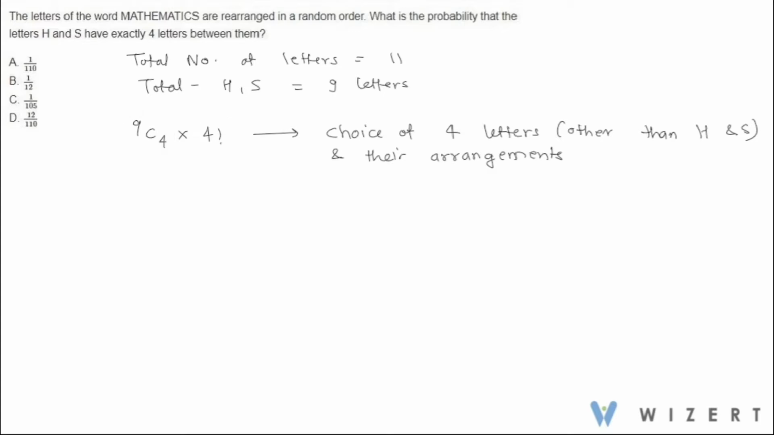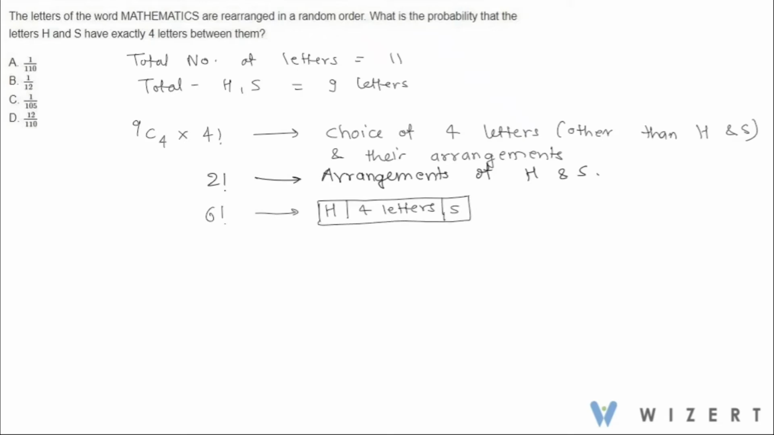The next thing that we have is 2 factorial. But these are the corresponding arrangements of H and S. The next we have is 6 factorial to correspond, let's see, because we take H, then 4 letters, and then S. This is the arrangement of these 6 letters, but what else do we have is